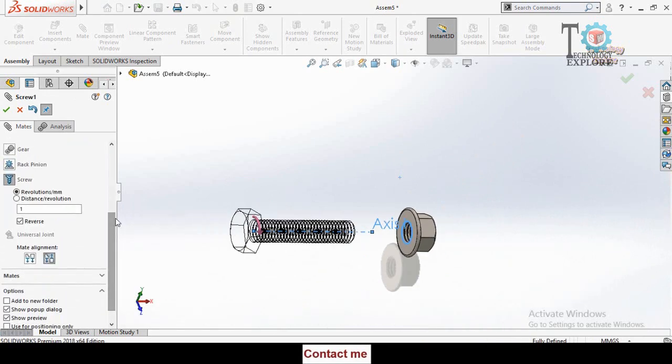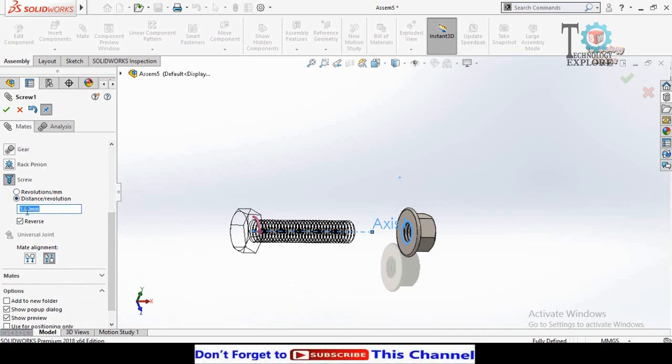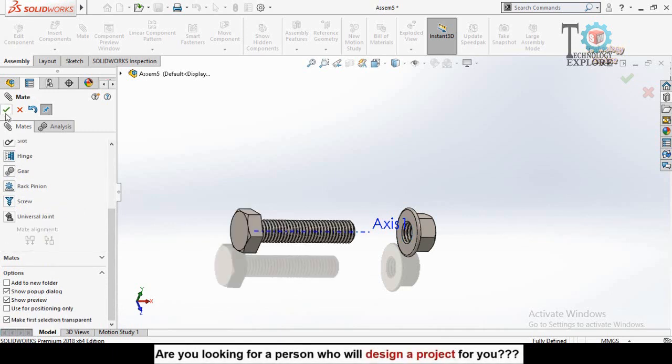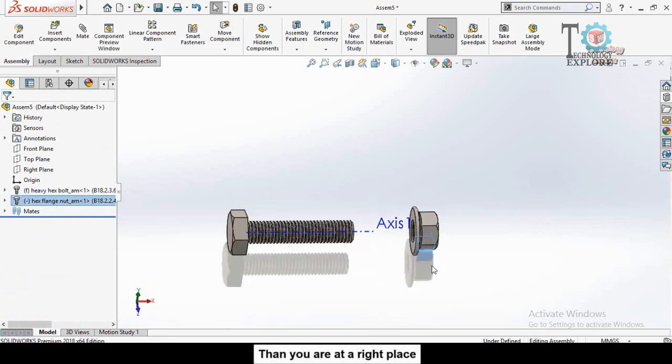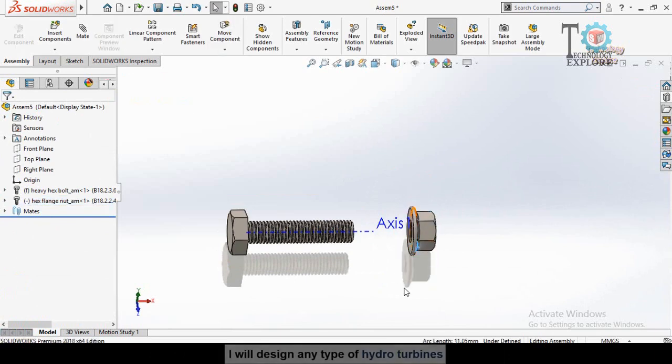Scroll down, and here you can see the options revolution per millimeter and distance per revolution. So you can type here the pitch in either of these two options. So let me select distance per revolution, and it is 1.25. Press the OK button. Again press the OK button. Now if you try to rotate this bolt, this nut, and you can see